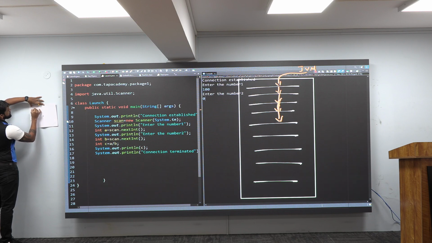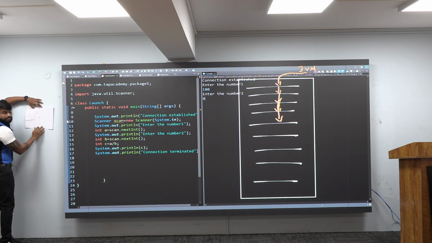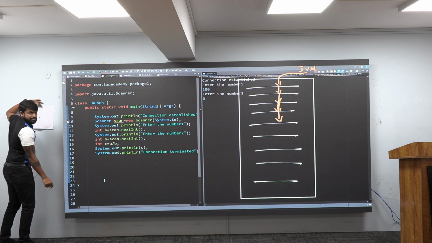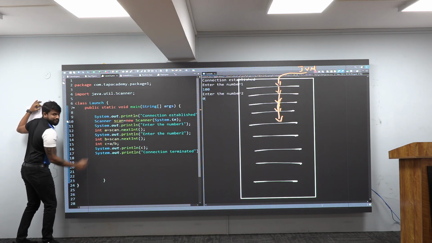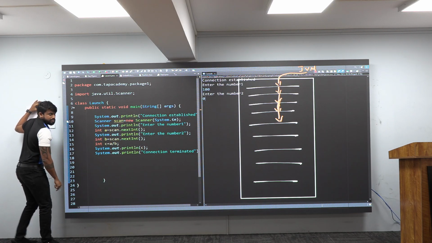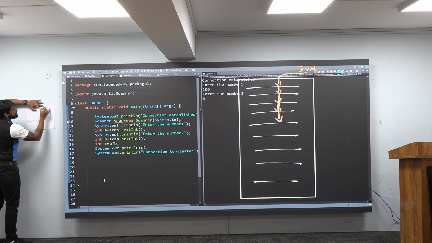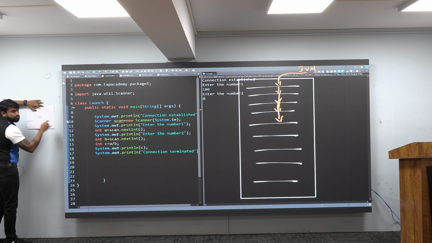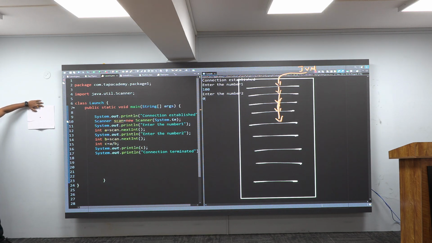Unusual event means this is an exception, it will tell. And it will tell why this exception happened. Why is this exception happening here? It's because of an unusual event. What is this unusual event? The unusual event is you are dividing it by what? 0. Because of that, this unusual event happened.